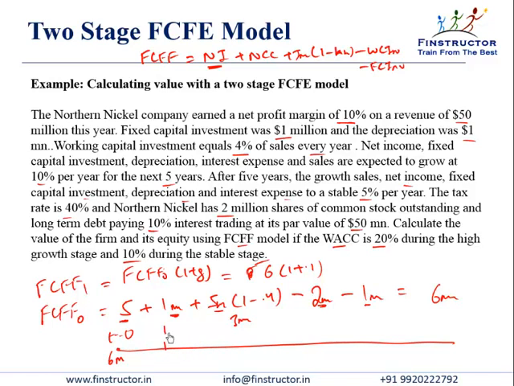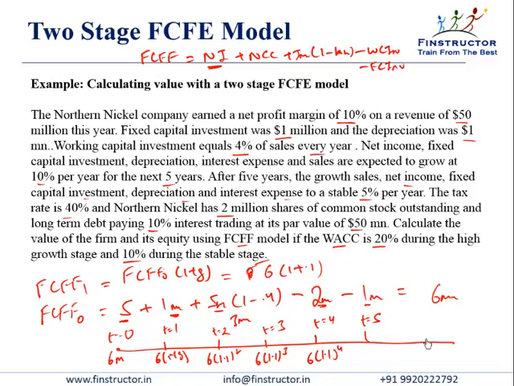So at t equal to 1, this will be 6 into 1 plus g, t equal to 2, 6 into 1.1 square, 6 into 1.1 to the power 3, 6 into 1.1 to the power 4, and the t equal to 5 cash flow, whatever it is going to